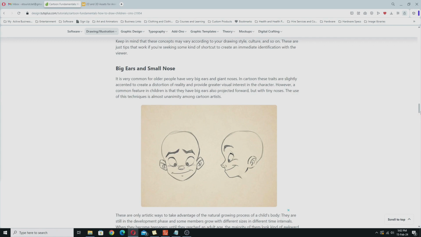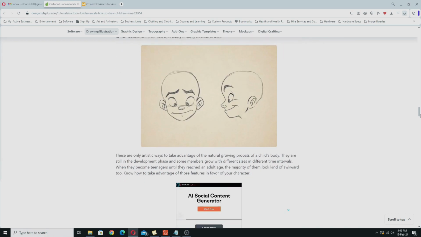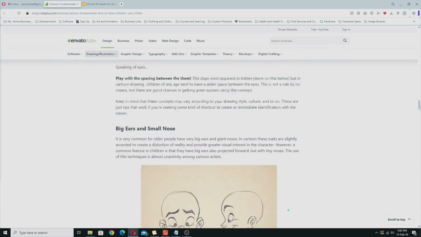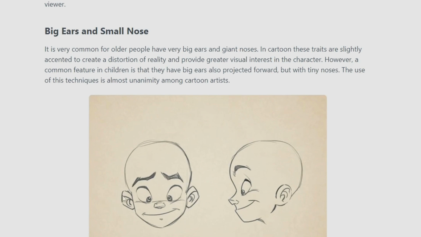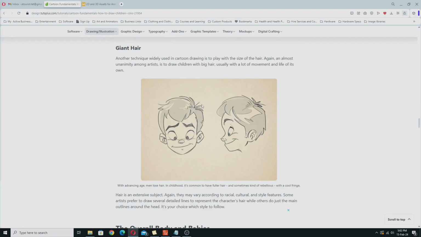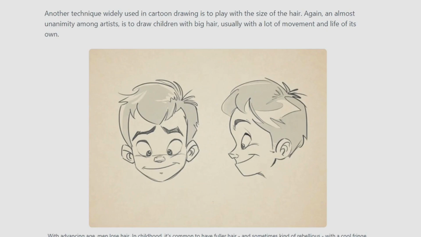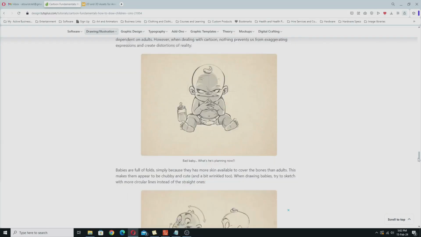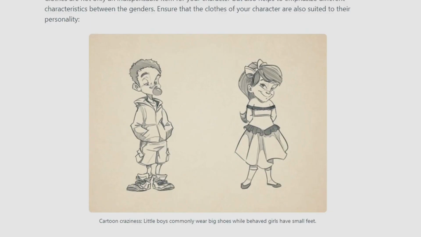The larger eyes tend to give the character more of a cute feeling. That's what attracts you to children as being cute, is partially the larger eyes, and they usually have a smaller nose, larger ears, and the ears are usually set lower down on the side of the head. Also got the giant hair, which is obviously partly a result of having a big forehead, and we're going on into babies and stuff like that. Something else down here he notes is that boys tend to wear big shoes, whereas female children tend to have